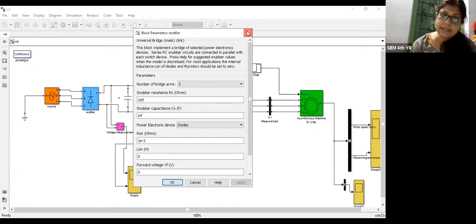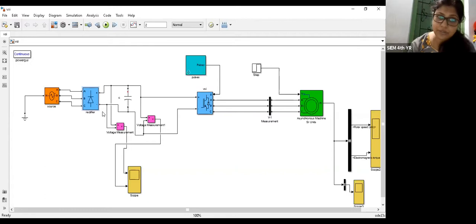So that's why we get this output voltage here. This is an uncontrolled diode bridge rectifier, and it is rectifying a three-phase AC voltage. Then the output DC voltage should be pulsating in nature. So to remove the extra harmonics, we are using a capacitor here, and the value of the capacitor is given in this particular numerical.